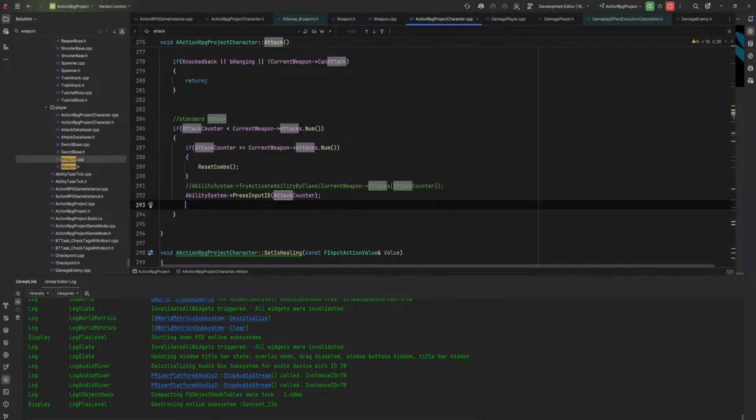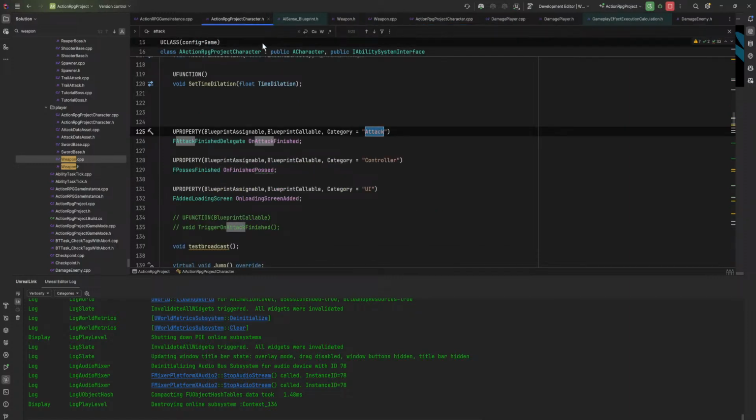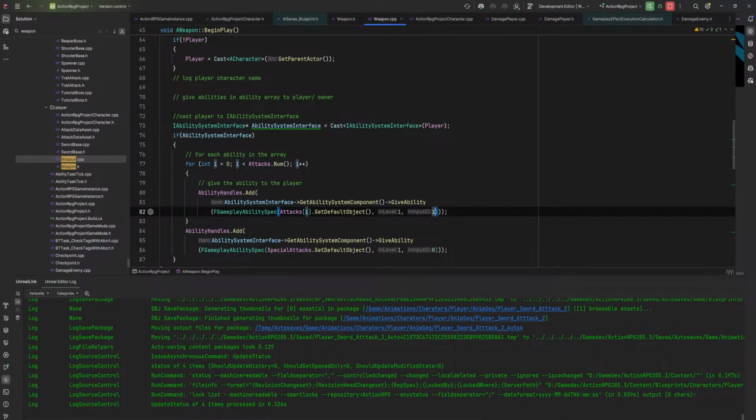So, press input ID attack counter. Input ID would be I, right? So I don't understand. Oh, hold on.